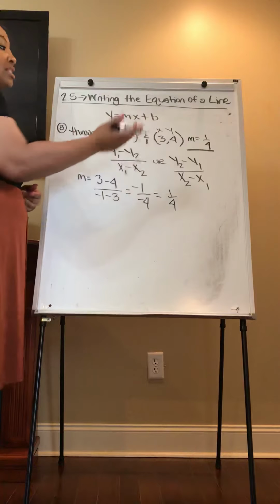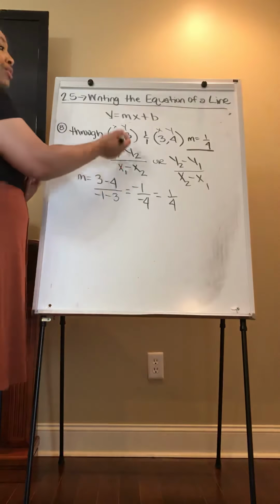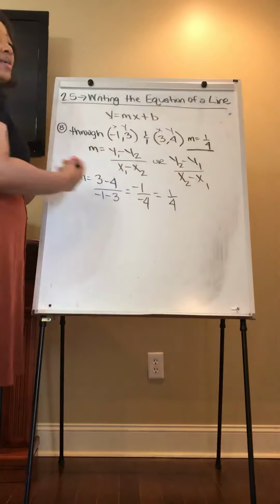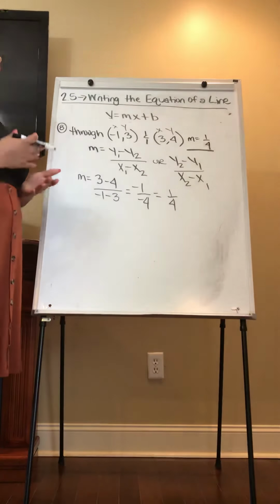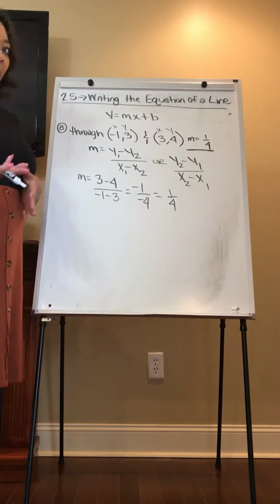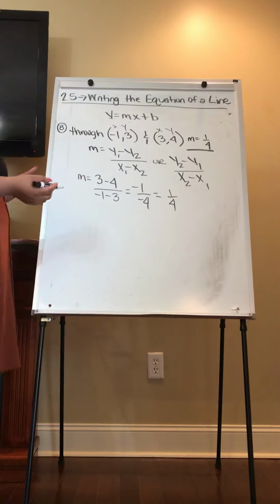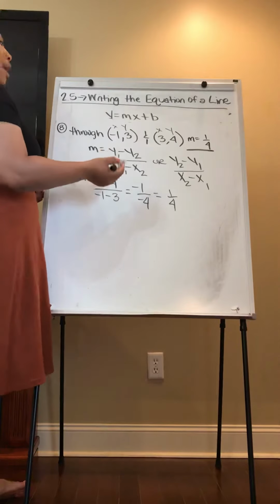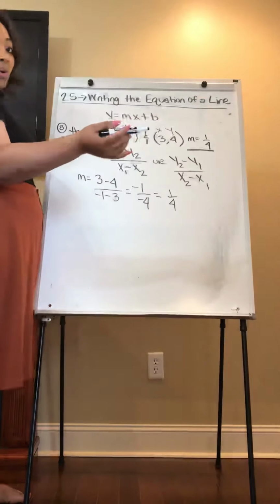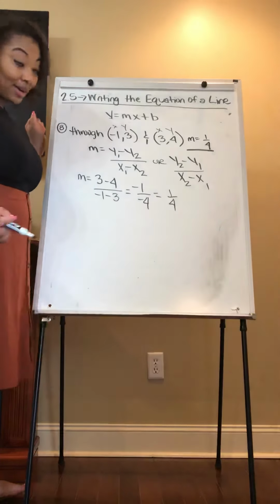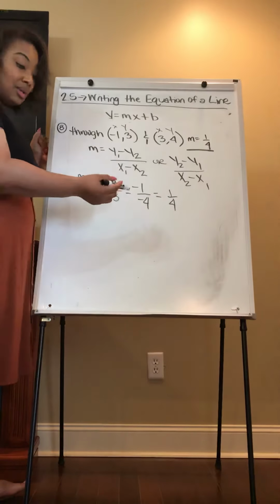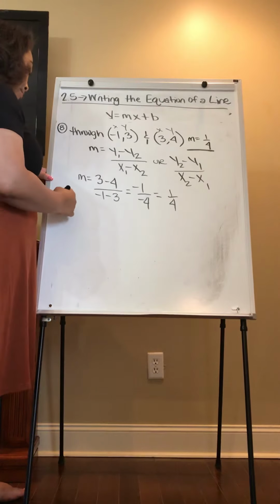Now, you got a choice of point. It doesn't matter if you use this point or if you use this point. They're on the same line, so they will produce the same b. So it does not matter. If you want to keep it all positive numbers, we'll use the second point. It does not matter which point you use, okay? So to find b,